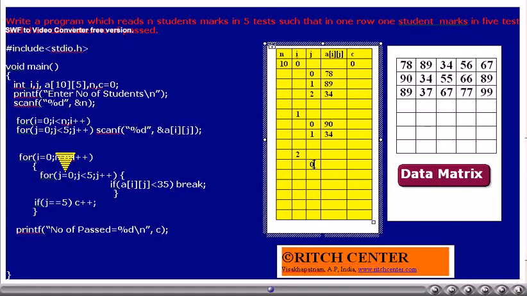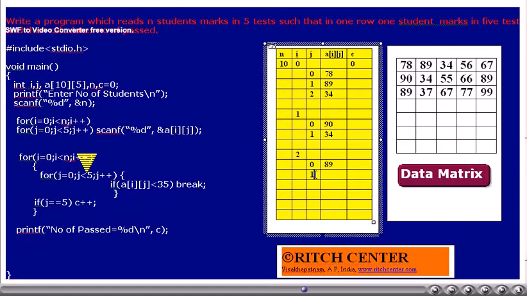j is initialized to 0. j less than 5? Yes. Thus inner for loop is going to get executed once more. Is A[i][j], that is 89, less than 35? No. Thus we will not come out from the inner for loop. j value will be incremented by 1.